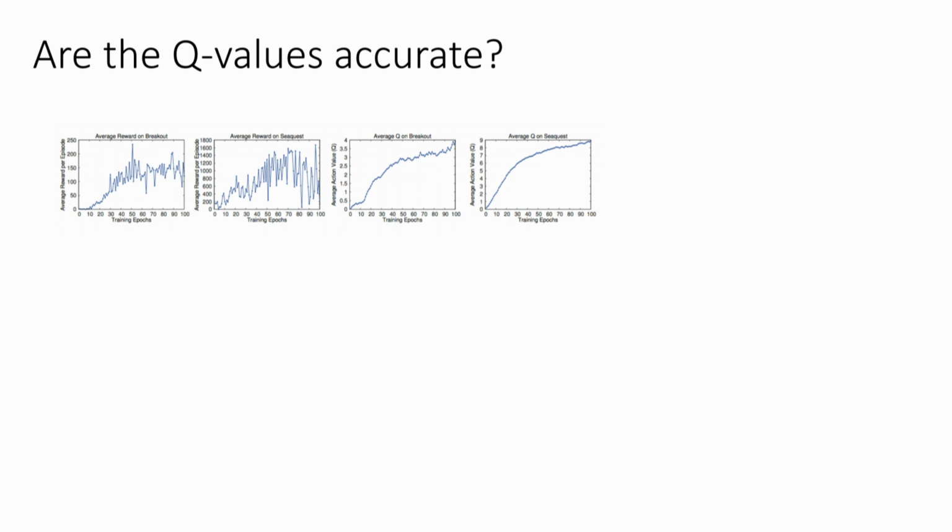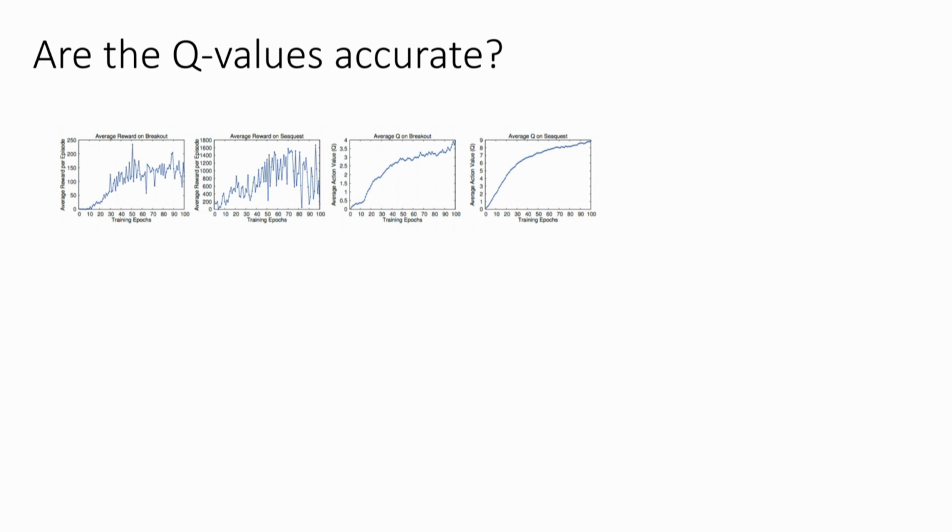Let's look at a little bit of evidence. These are learning curves for two Atari games, Breakout and Seaquest. The two plots on the left show the actual returns obtained on Breakout and Seaquest by a Q-learning algorithm with a deep neural network. This looks decently good. The rewards are going up, which means that you're doing better. You're doing a bit better on Breakout than on Seaquest. Seaquest is a hard game, but they're both going up. That means that we're learning to play the game.